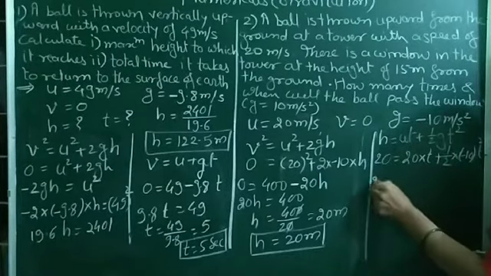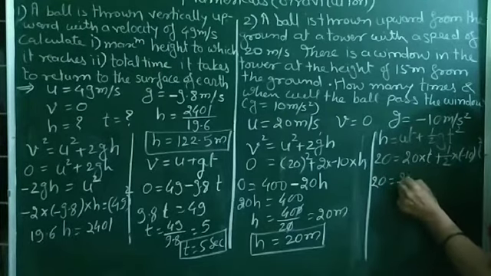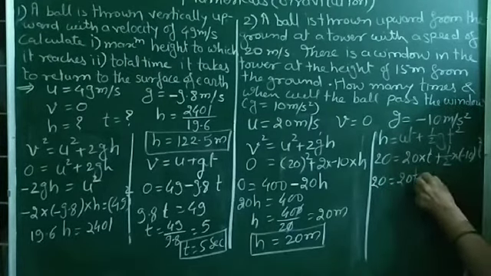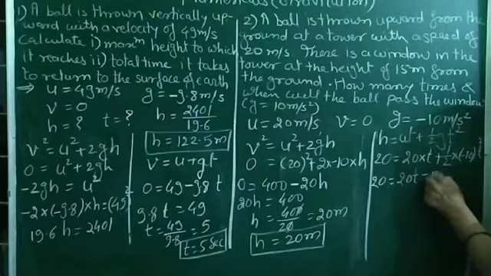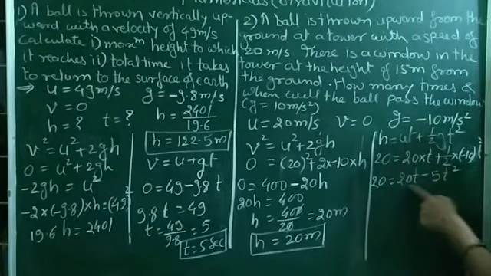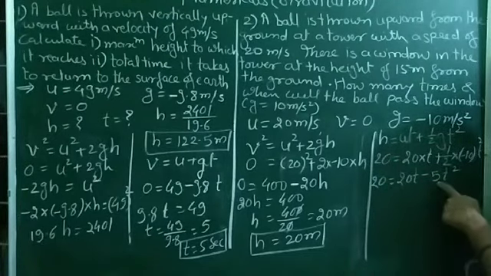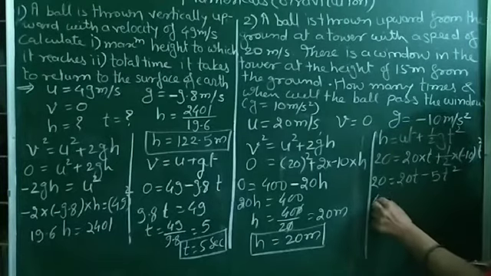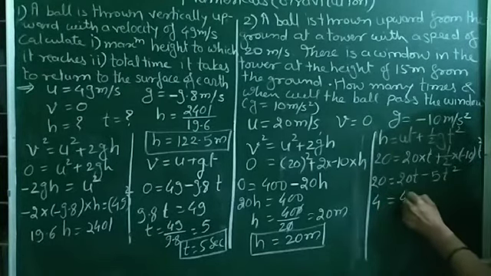So this is t square. So 20 is equal to 20t. This will be minus 2 5s are 10, so 5t square. So we can divide this. If we divide this by 5, then it will be 4 is equal to 4t